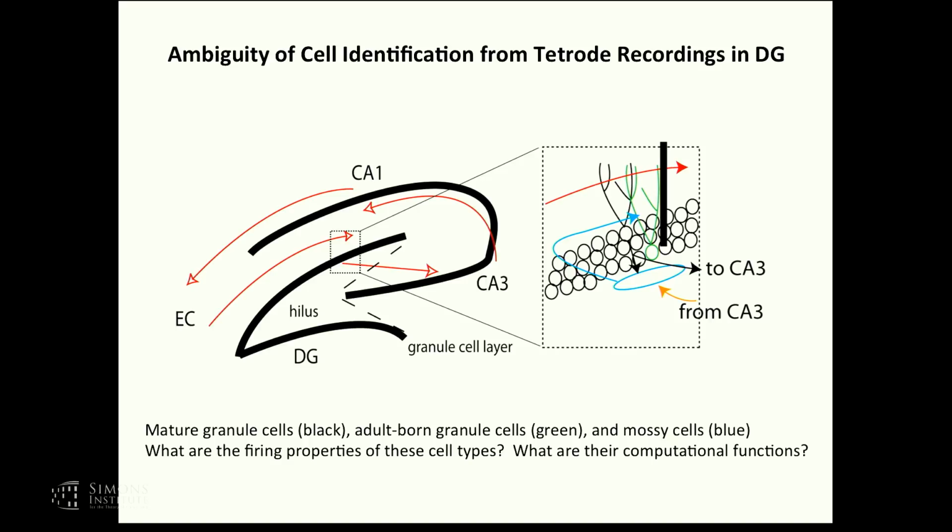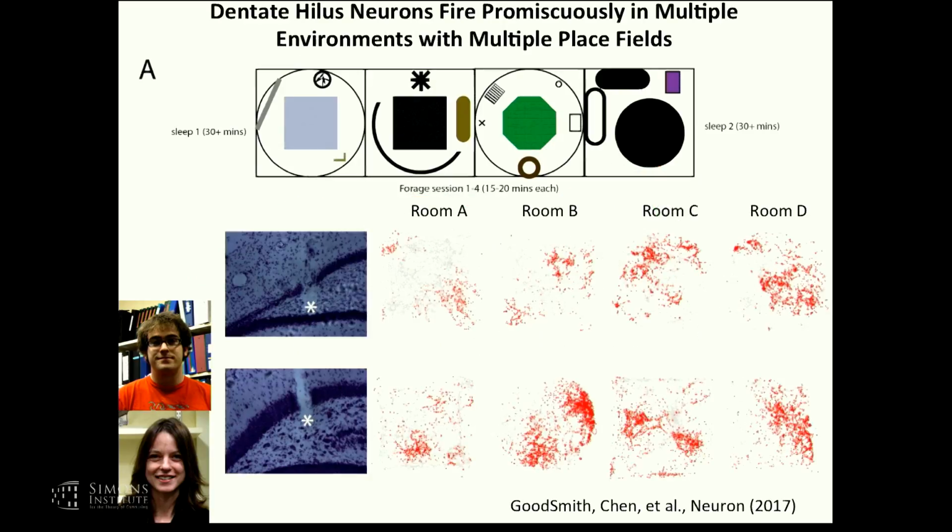So I'm going to talk to you about our recordings where we've identified the properties of these mossy cells, these gigantic cells just below the granule layer, and then the population that we believe of mature granule cells. We're trying to understand newborn granule cells, but we've got no data on that yet. So here are some studies that Doug Goodsmith and Kim Christian did. Kim works with Hongjun Song, our collaborator, where we put animals in 4 different environments and had them just do random spatial foraging tasks in these completely separate rooms in our lab with different spatial cues around.